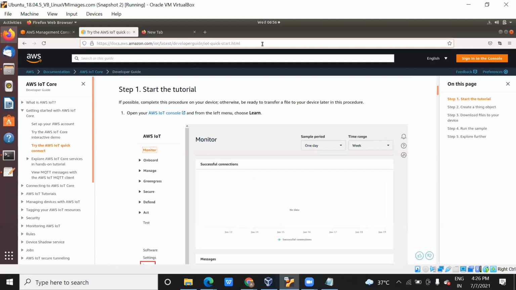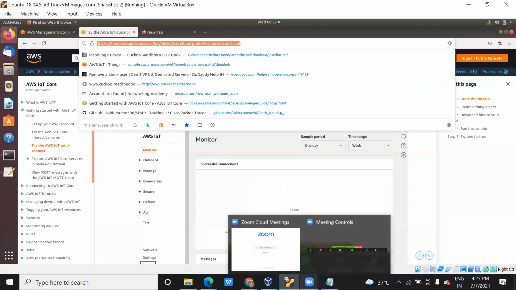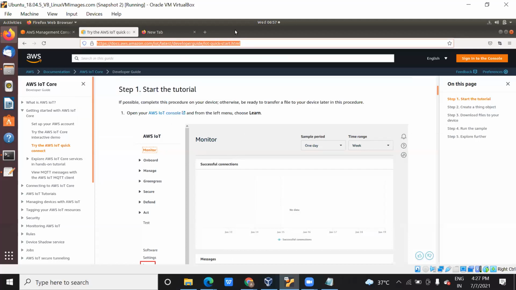Now you can open this link. I'm sharing this link with you. Open your console, open the AWS console, log in, and type AWS IoT.